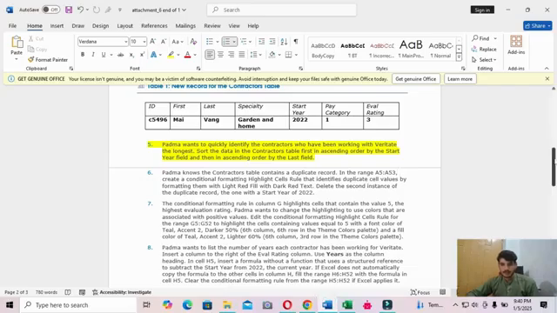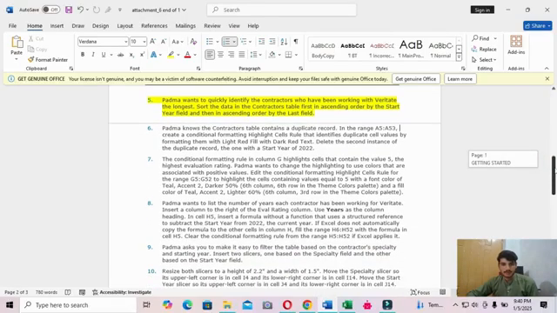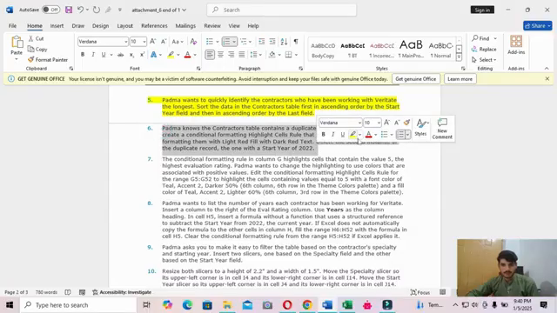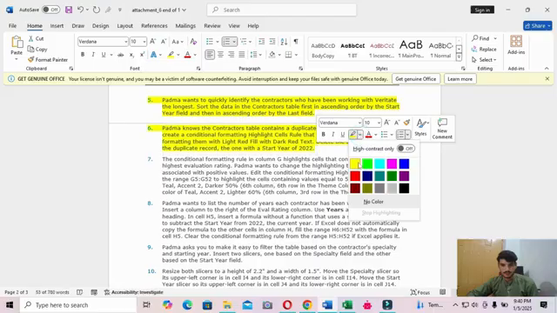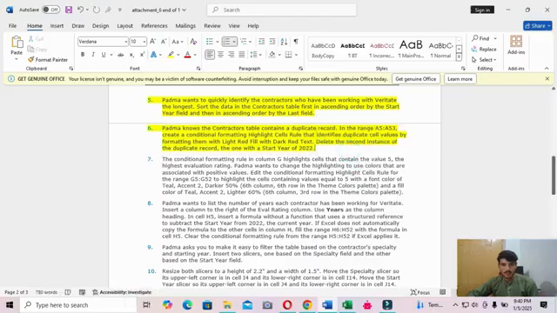Next, Step 6. Padma knows the Contractor table contains a duplicate record in the range A5 up to A53.